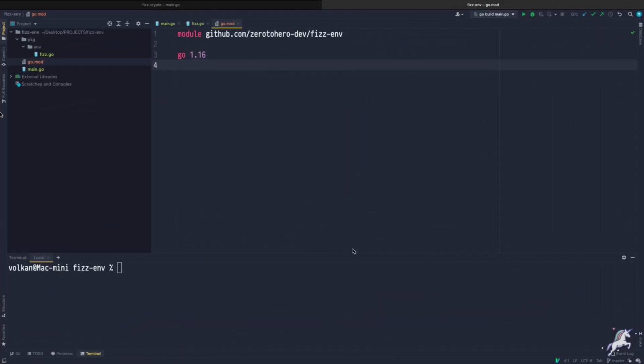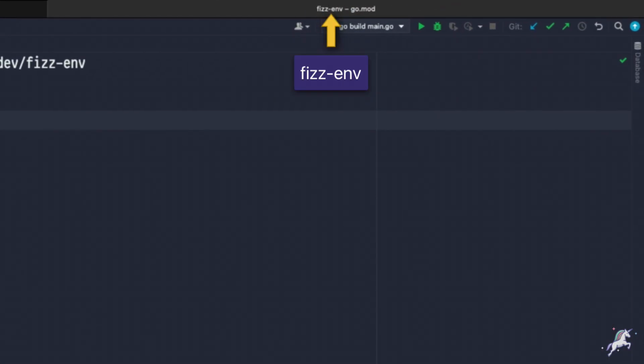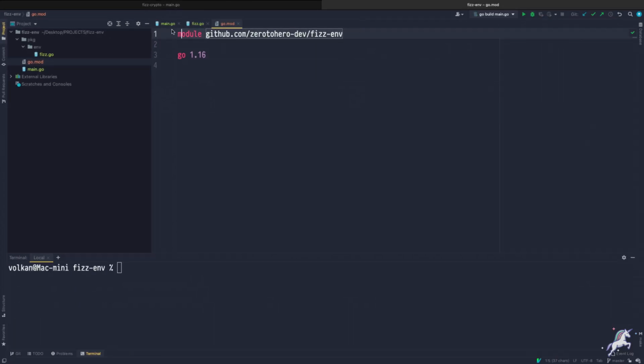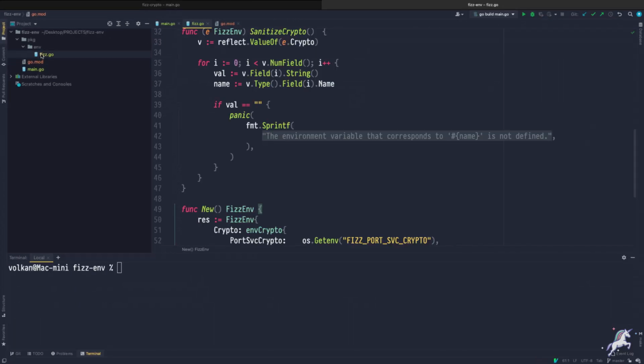We'll start with two projects that I have opened side by side on my IDE. phys-env is an environment variable helper and a validator, and phys-crypto will be our HTTP-based microservice. That being said, the types of these projects aren't that important for our purposes, because in this mini video we